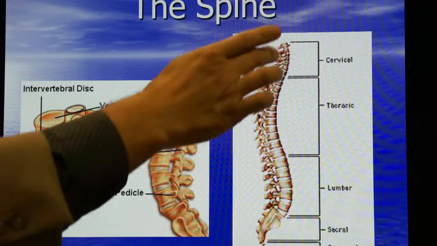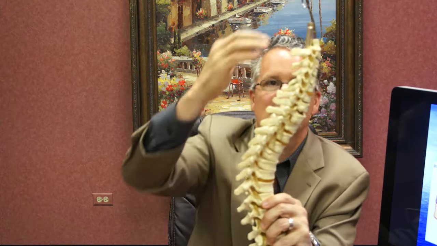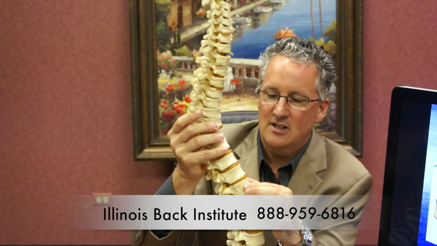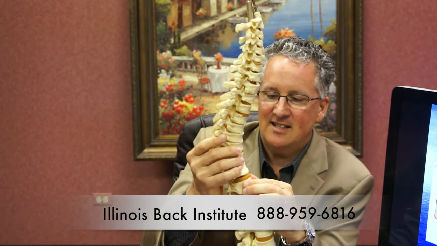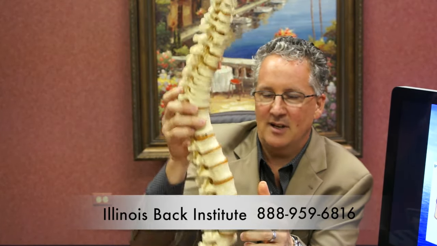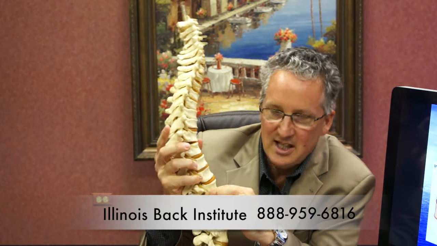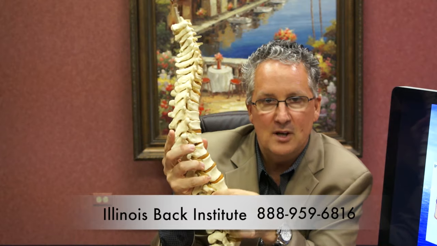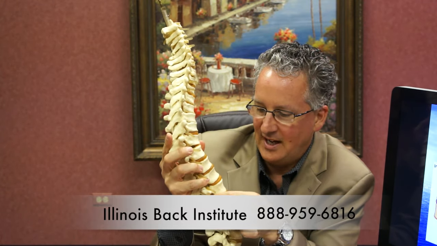Between the head and the hips, there are 24 vertebrae. Looks just like this. Head would be here, hips would be here, 24 vertebrae. The vertebrae are the bones. In between each bone, there is a disc. And the disc allows for motion, but also the disc acts a little bit like a shock absorber and allows enough room between each vertebrae for a nerve to exit off of the spinal cord. So the disc is responsible for there being enough room between the vertebrae for the nerve to exit off of